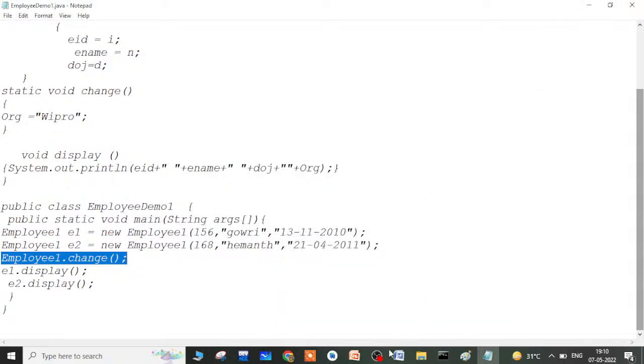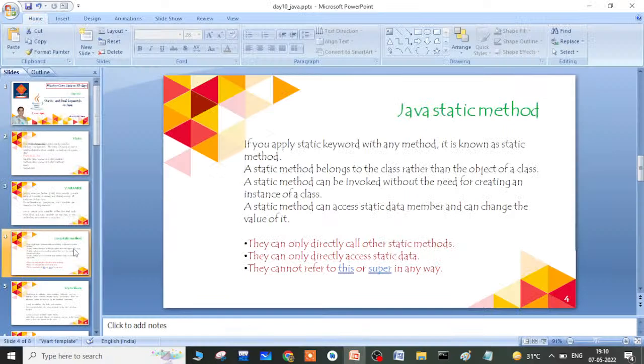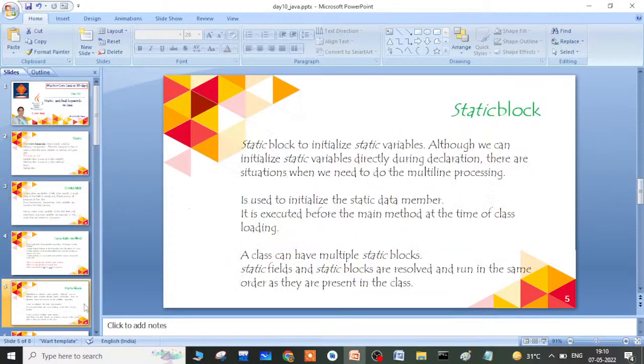Now the next one is a static block. We can use the static keyword along with a block. The static block is used to initialize the static variables. In the previous example, when I used the static variable, you can see that I assigned the value to the static variable directly. Sometimes we want to make some manipulations and apply some operations, and then assign those values to the static